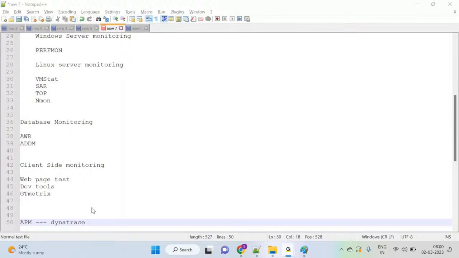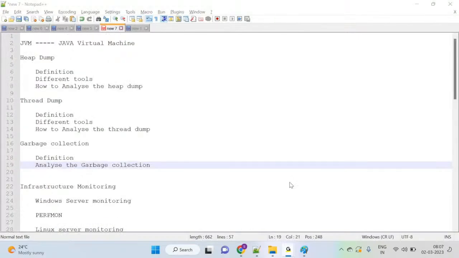Any questions, guys? Is there any DB side and network side covered? DB side we mentioned, right? AWR reports and ADDM reports we are going to discuss. Network side, is there any? Network side is not specific, but during the